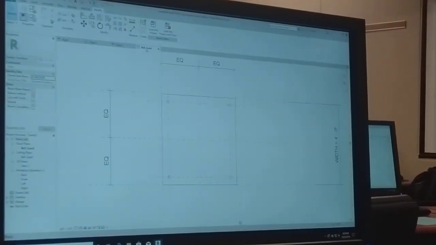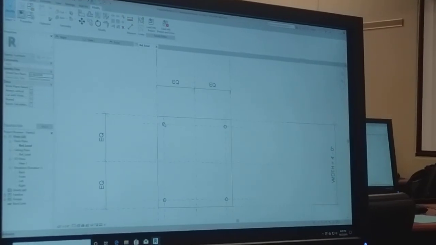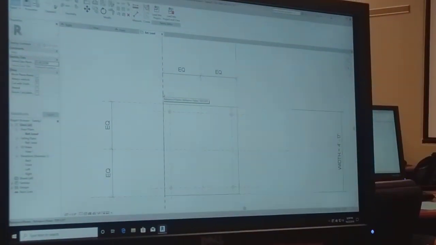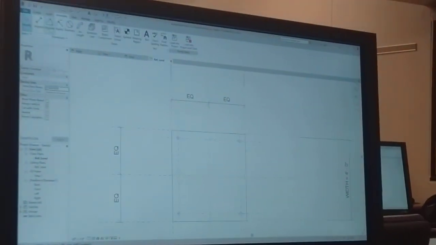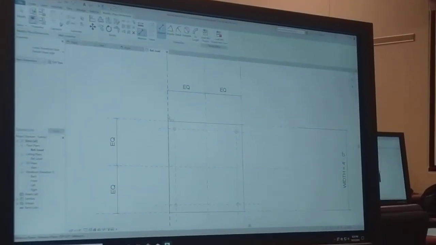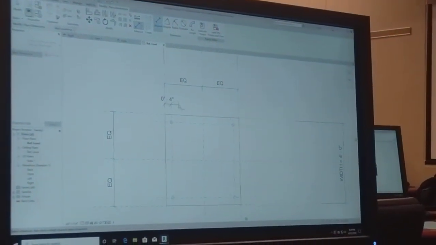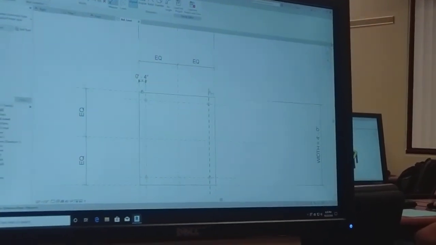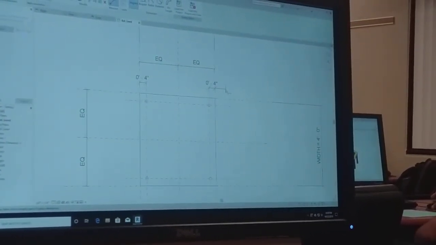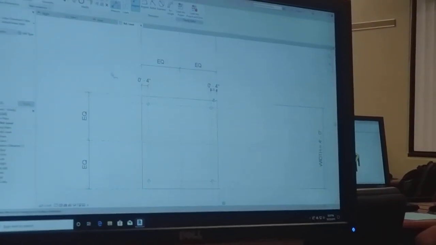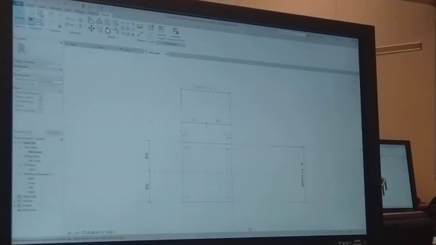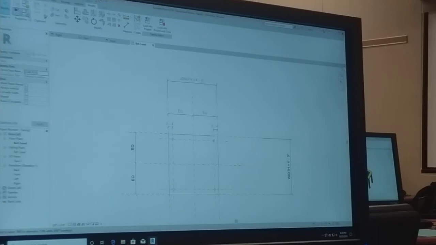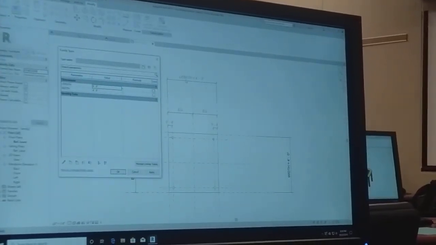So now let's go back to the reference level. Now, this leg has to move with this reference line, doesn't it? Because it's got to drag, so I'm going to go to the dimension, and I'm going to pick this one, and this one, and I'm going to lock it. And I'm going to pick this one, and I'm going to lock it. So now, let's see if it works with these two. Family type, length,